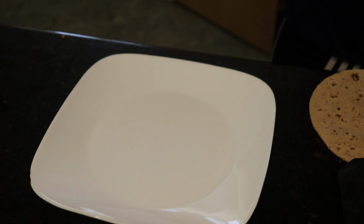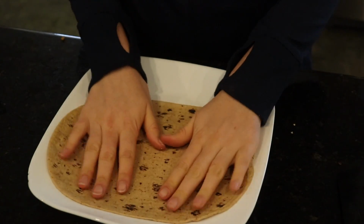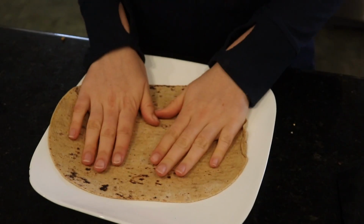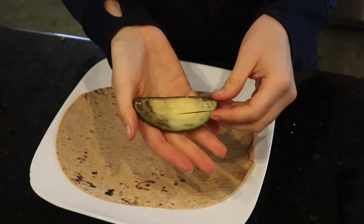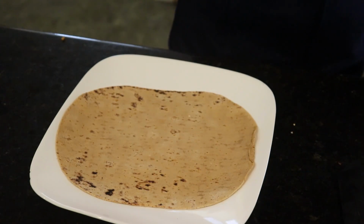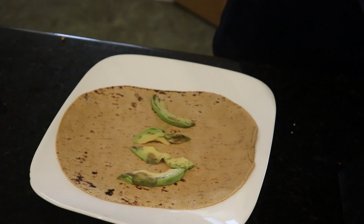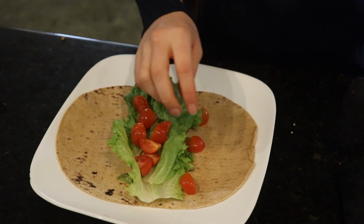So I have these flat out wraps. They're like tortillas, I guess. I think they're definitely thicker than tortillas, but it's what I'm going to use. So I know this avocado doesn't look that great. It doesn't taste the best, but it also isn't the worst one I've ever tried. And then some lettuce, cherry tomatoes,